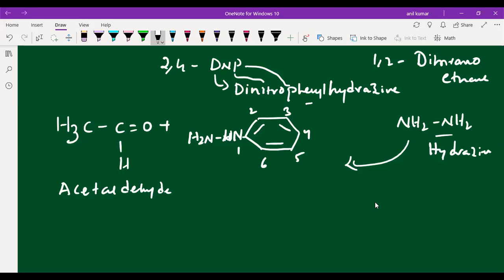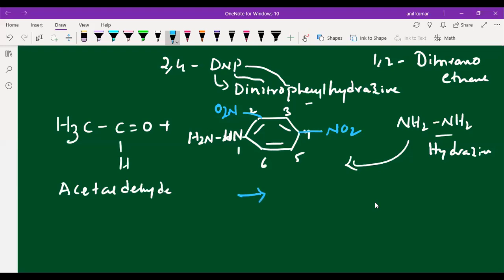Okay, 2,4-dinitro. At the second position and fourth position, you have to attach the nitro groups. This is a nitro group we are attaching, and here also we are attaching the nitro, NO2. Okay, NO2. So now,